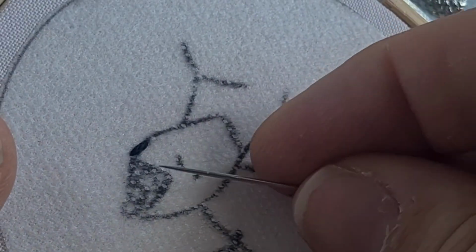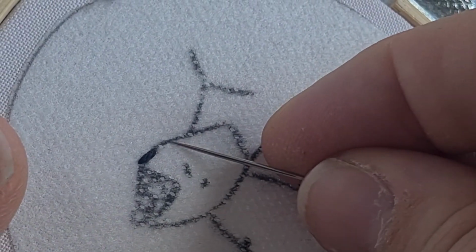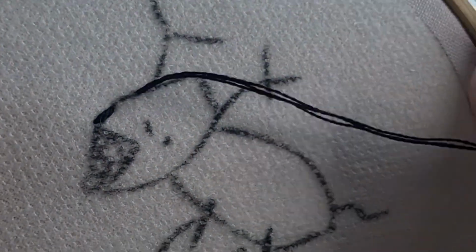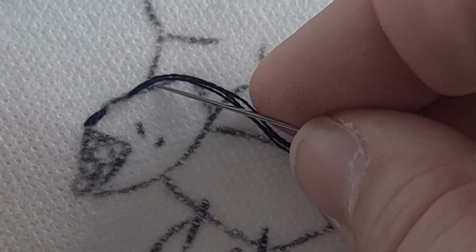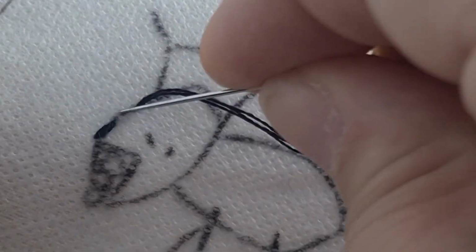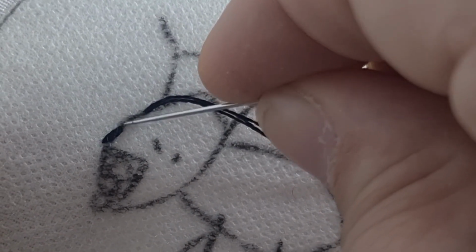Now what I'm going to do is bring up my needle a bit further along, as if I'm about to start another stitch. And you want the distance between this stitch and where you bring up your needle to be about the same length. Put it all the way through. But instead of taking a stitch forward, you're doing a backstitch. So I'm going to take my stitch back down in the same hole as where that thread goes in. And that is why this is a really good stitch for this type of embroidery,